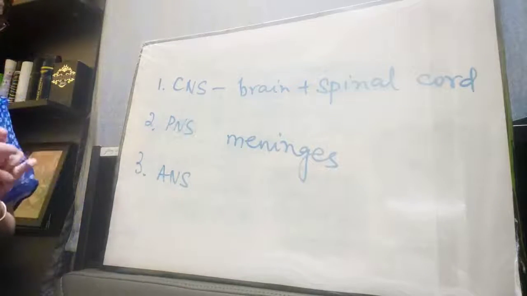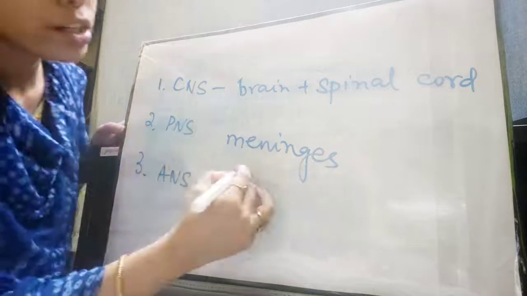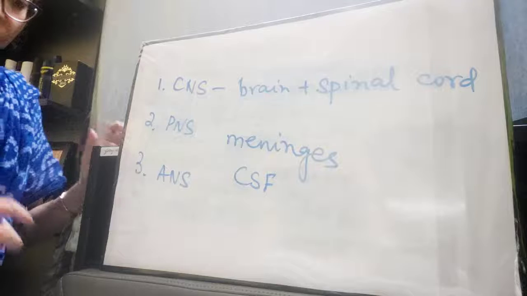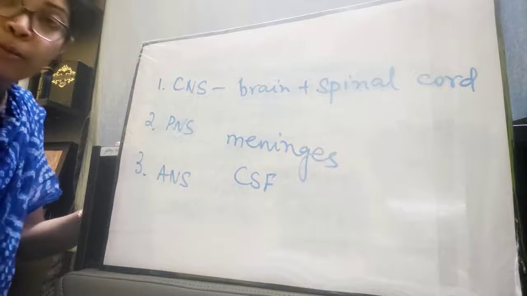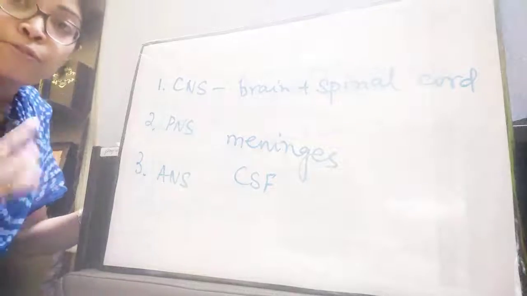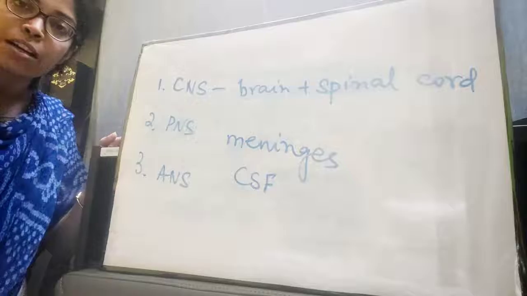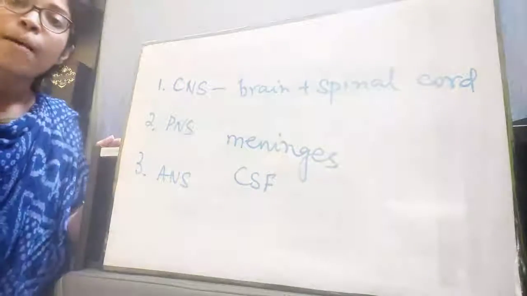It is a three-layered membrane. The membranes have a fluid known as cerebrospinal fluid. In short, we can call it CSF, cerebrospinal fluid. And this fluid nourishes the brain. The brain also needs some nourishment, needs some food for it to function properly, right? So this fluid, the cerebrospinal fluid or the CSF, provides the nourishment to the brain and protects it by absorbing